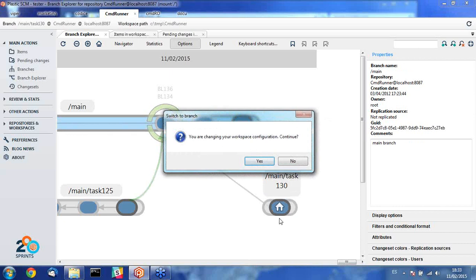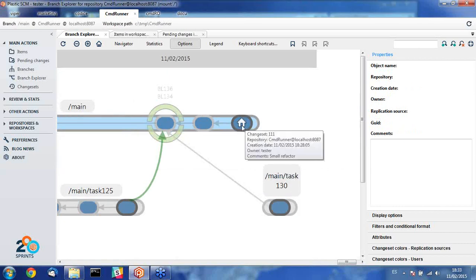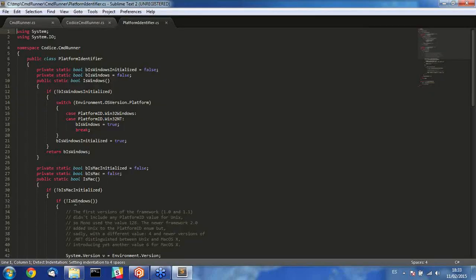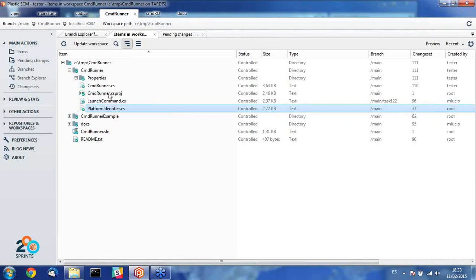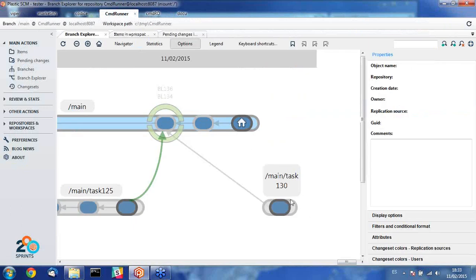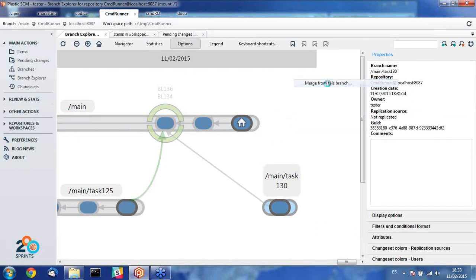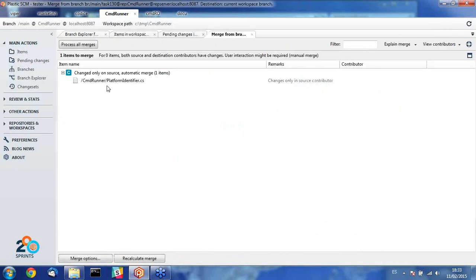You will see that the house icon will change again. Now I'm in the main branch. Okay. Notice that if I open the platform identifier file, this if statement is having this comparison. Okay, so I'm back in the main branch, and now if I want to merge from this other child branch, I just need to right-click the branch, select merge from this branch, and Plastic is going to find all the merge candidates I have. Okay, in this case I only have one file,